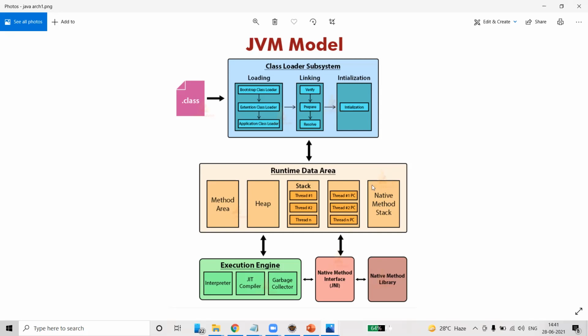Again, it's a kind of memory where it will store all the native method libraries. What is a native method library? Native means what? I am native of Vijayanagaram, or I am native of Vizag. How can you say that? I was born and brought up over there. Similarly, we have a motherboard. Motherboard connects to all the components or peripheral systems of the laptop or a desktop. What are those peripheral systems? It might be a mouse, a keyboard, a touchpad, whatever it is. But to connect these devices, we need an interface. That is nothing but a native method interface.